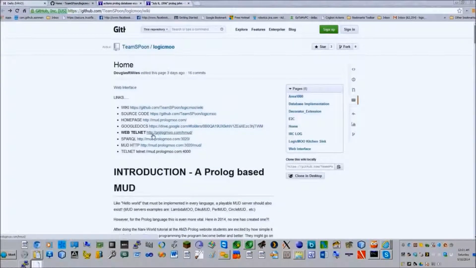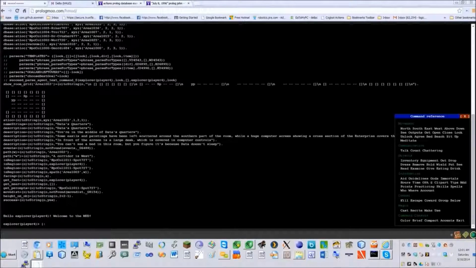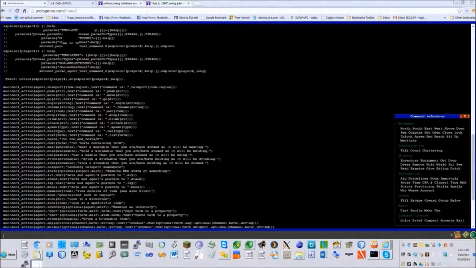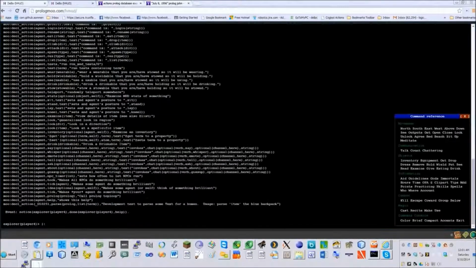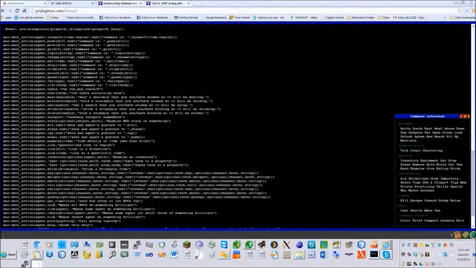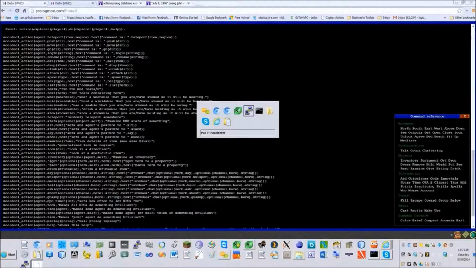Okay, so here's the telnet system. I have a different video for using the telnet system. Logged in, we're going to type help. These are all the commands that a person can use. This list of commands comes from several files that are read in using a wildcard